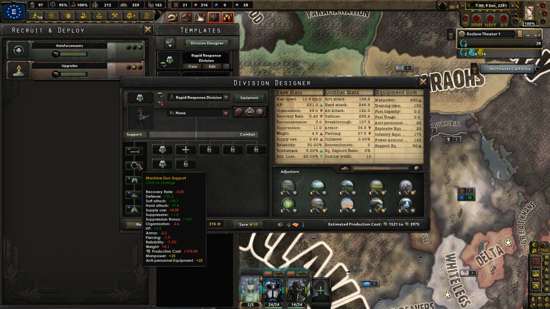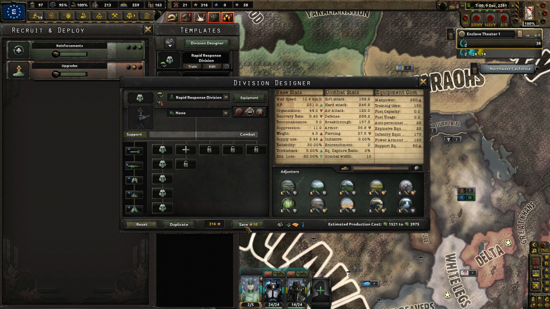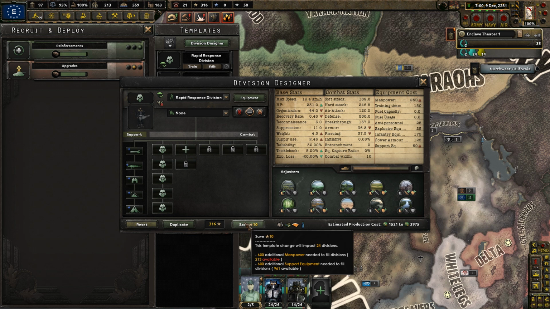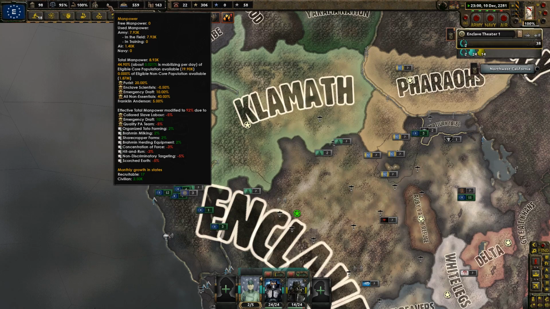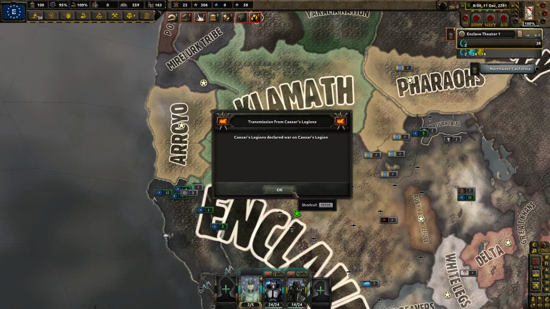So we'll have the explosive, machine gun, maintenance, recon, and field hospitals for all of our special power armor divisions, and I think that's going to be worth it. So there goes all of our manpower. Boom. We're going to need more, obviously. And going to a war...